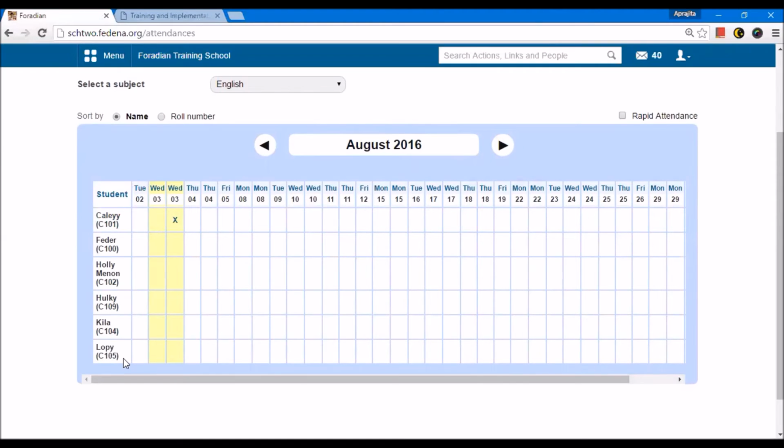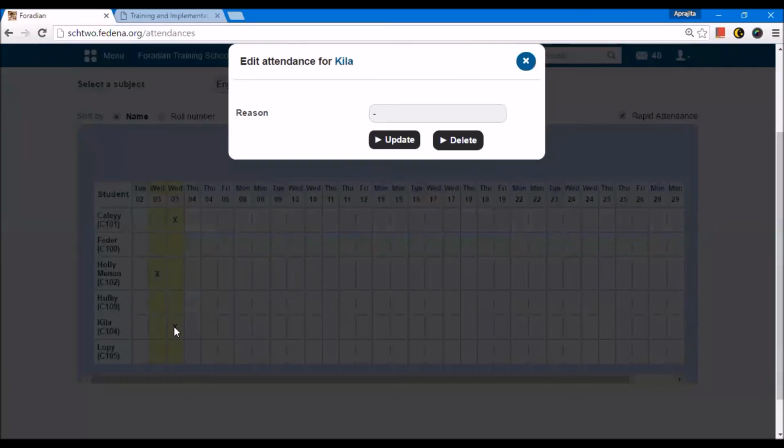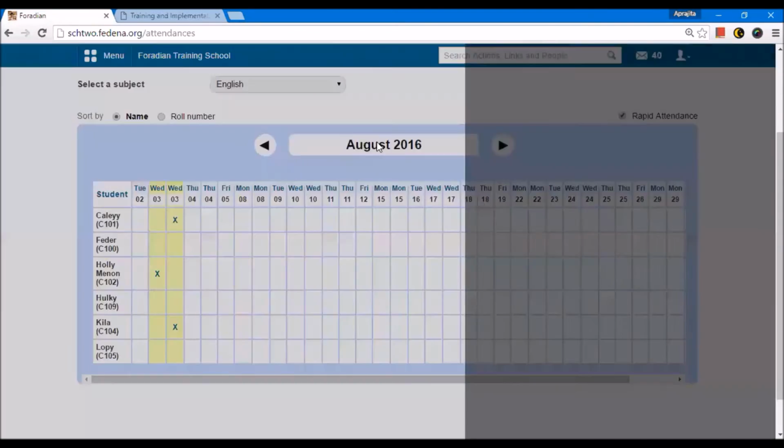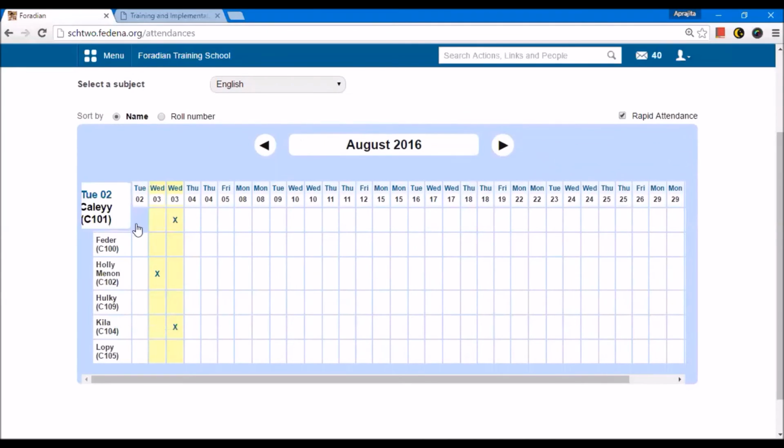In case there are a lot of students and the teacher does not want to enter the reason at the time of the class, you can choose this option of rapid attendance. If this option is enabled, now the teacher can just click on the cell to mark the student absent for that particular slot. So here you can check that I am marking the student absent, but it is not asking me for the reason. Although the reason can be put at a later stage by clicking on the cell again and mentioning the same. The students can be marked absent for previous dates or for the current ones. You cannot mark a student absent for the future dates.